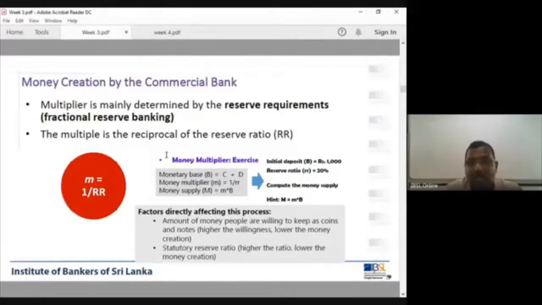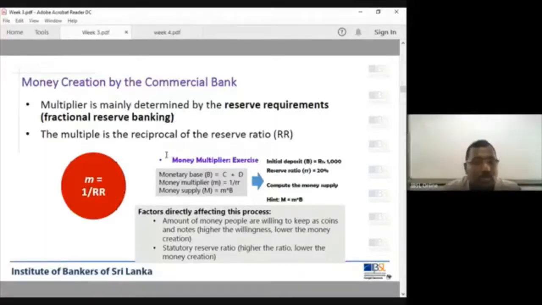And what has happened during last week? The central bank further reduced the reserve ratio. To inject more money into the economy, the central bank further reduced the reserve ratio. So the reserve ratio was brought down again to 2%. Now it is only 2%, which means the commercial banks are only required to maintain 2% at the central bank for their liquidity needs. If customers come and ask for their money, now their buffer is only 2%. So in a way, they are in a very tight situation.